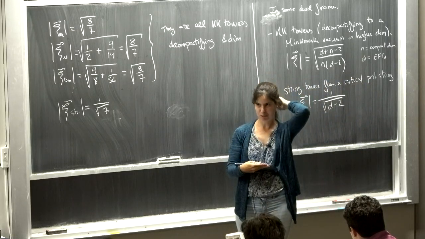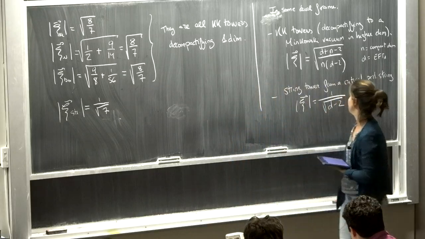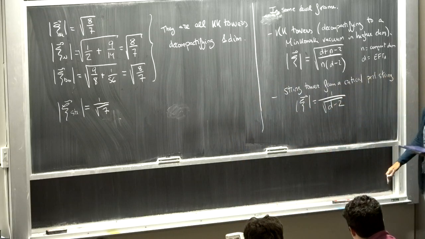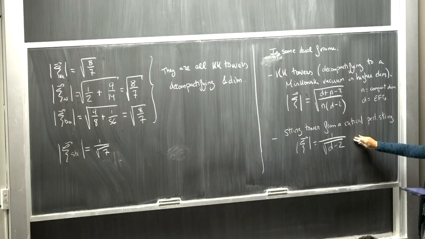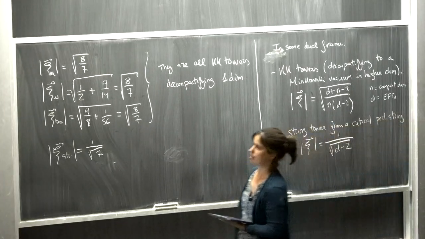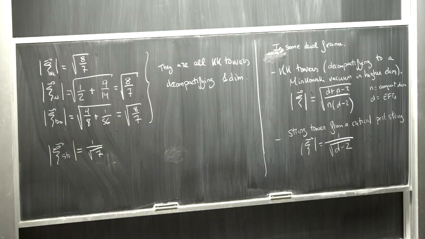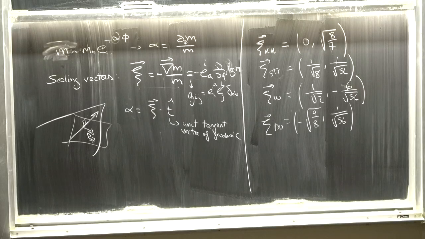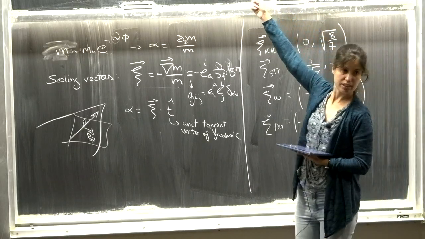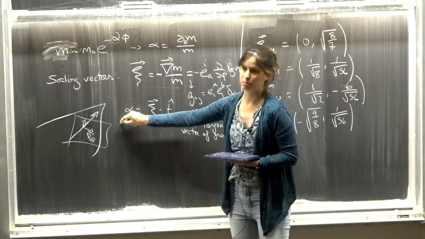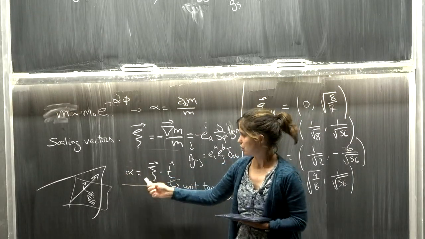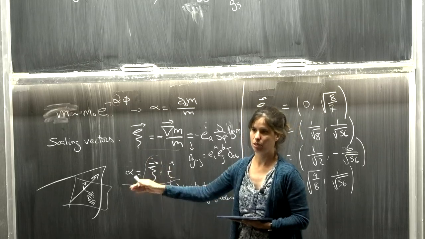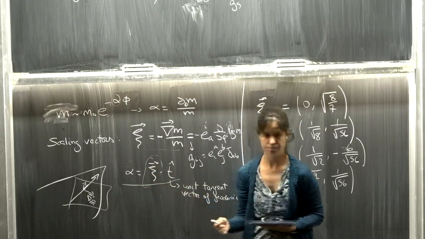Yeah? More questions? Okay. And now, of course, as I said here, for the exponential rate, we can choose trajectories where we are moving only on this radius or only on the dilaton, so then this would just be the exponential rate. But we can also choose infinite distance trajectories that are combinations of these things, and then we have to project, and this would be the exponential rate, okay? So what is fundamental is the modulus of this vector. Then we can have different projections depending on which trajectory we are taking, okay?